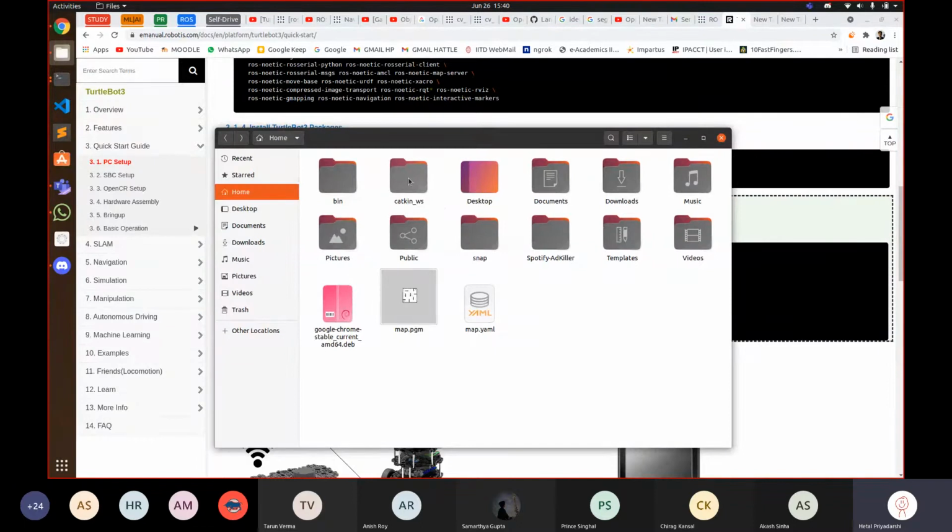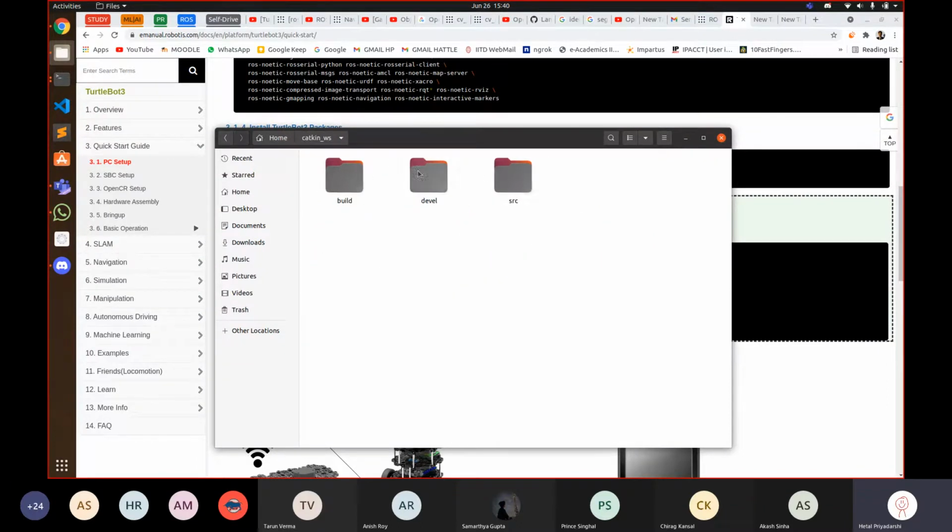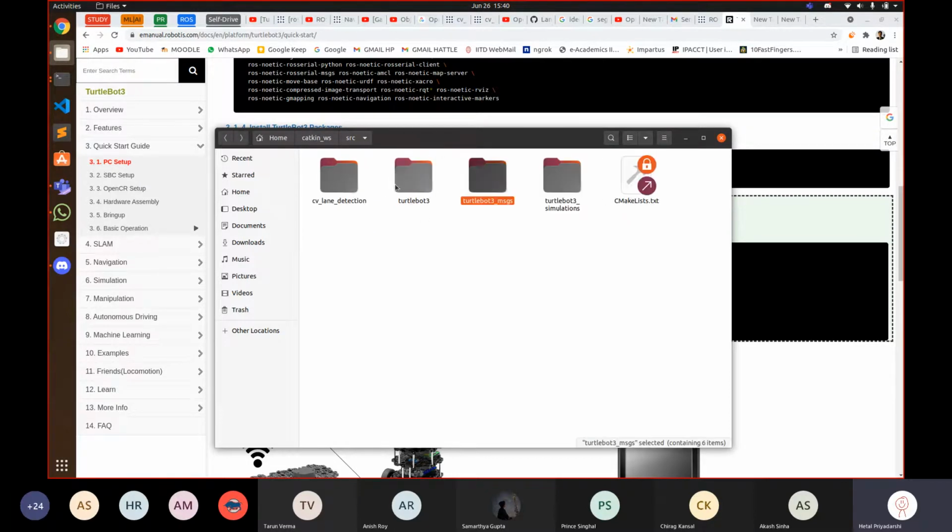You'll get the catkin workspace folder, inside which there will be the source folder where you can find these three folders: turtlebot3, messages, and simulations. These are basically the meta packages inside which you can find other packages as well.